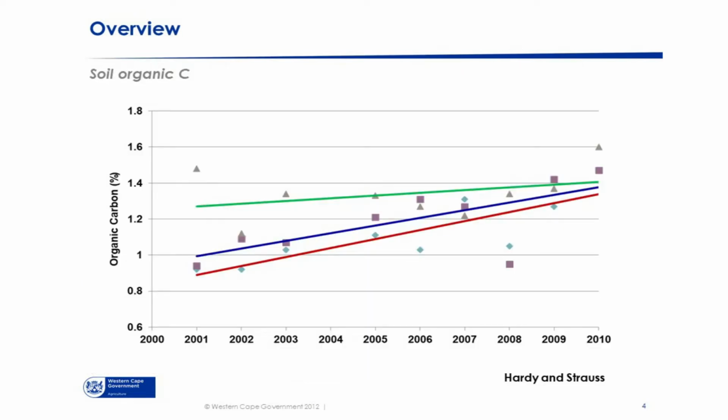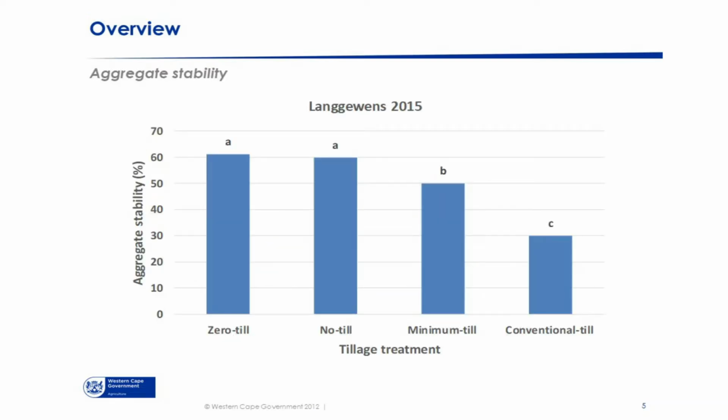And a figure that I normally use is this one about organic matter, organic carbon. Organic carbon is where everything starts, and one of my colleagues, or two of them, Professor Hardy and Dr. Johan Strauss, in their long-term studies, they found that the carbon content increased over time. And you can see clearly that within 10 years at this site, all the different systems resulted in an increase in carbon content.